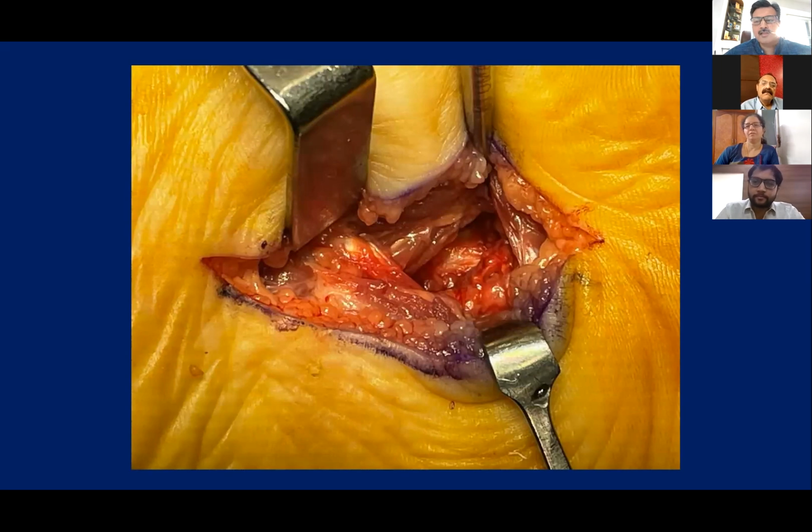So I took the help of Dr. Raibaker, who is a bit more versed with this area, but he was of the opinion that let us not go through the plantar surface, let's go through the dorsal approach, take out a piece of metatarsal, see the lesion, remove it and put that piece back. And my opinion was let's go from the plantar surface because the lesion is lying right there. We might have to go through the fascia and all, but ultimately we went through the